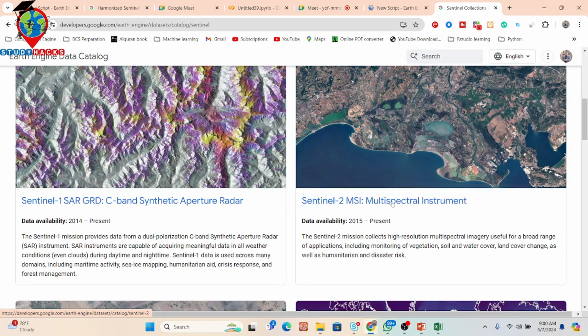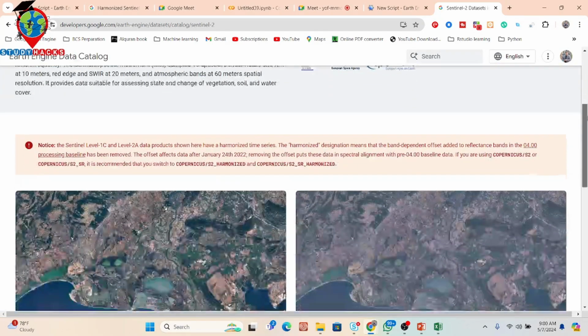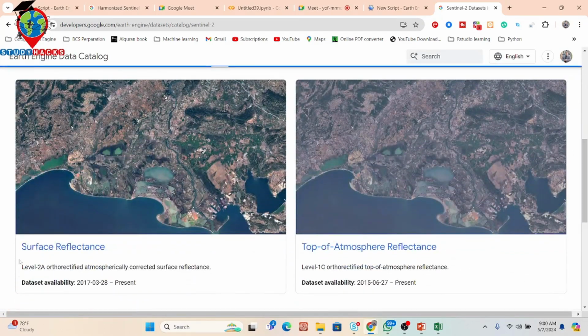Sentinel 2 is a multispectral instrument. Just click on here. Now I can get all the sensors. Mainly, we can get two types of data: surface reflectance, and also top of atmosphere reflectance. You can see the top of atmosphere reflectance is ready. We just use this image collection, and further we can easily monitor the water quality